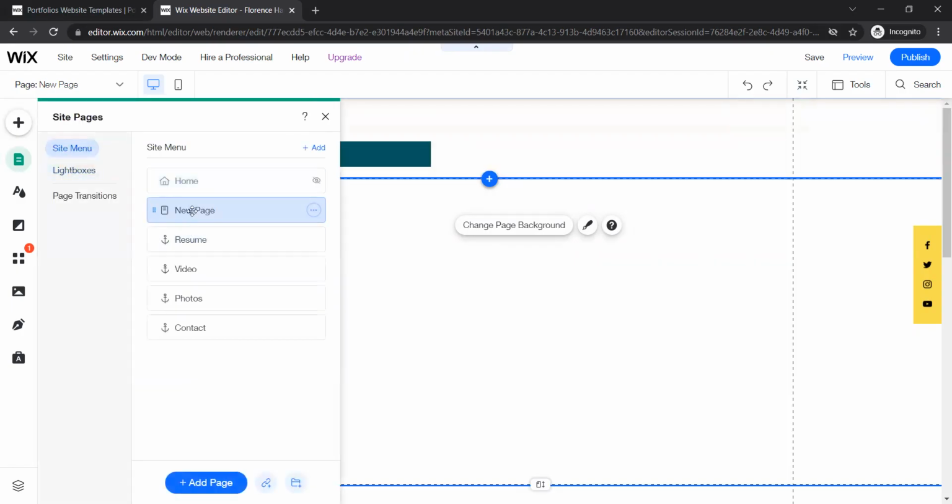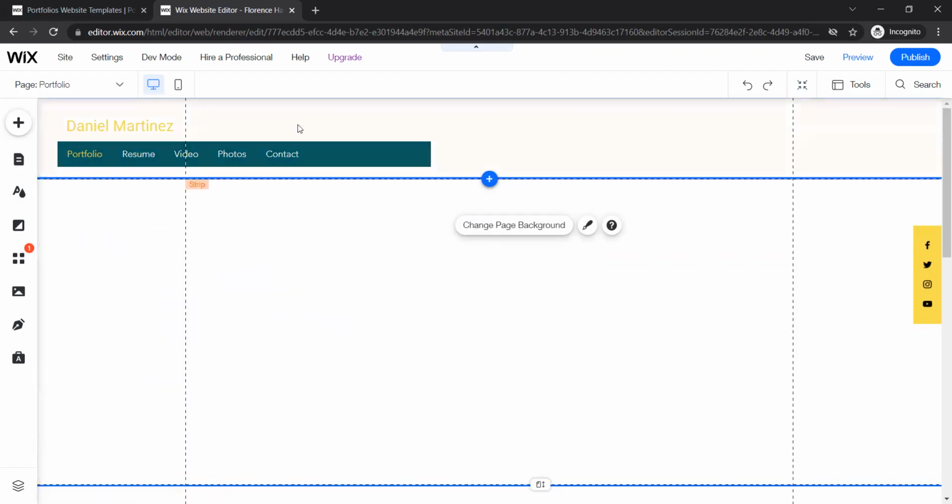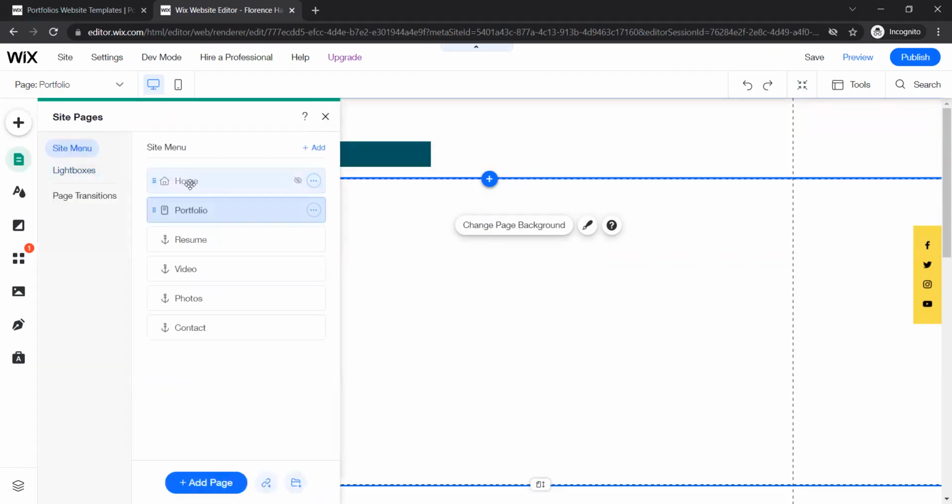It says new page, I'm gonna click it to change it to a portfolio. Now I'm done. I've added my portfolio page. Remember, you might not have anything to put on it yet, but it's now part of my menu. And if I want to go back to my home page, then I will go ahead and click the home